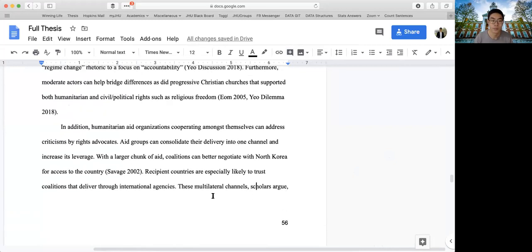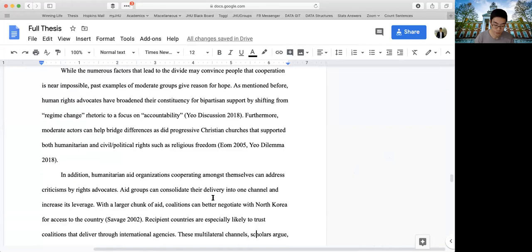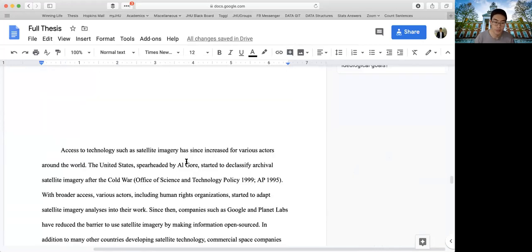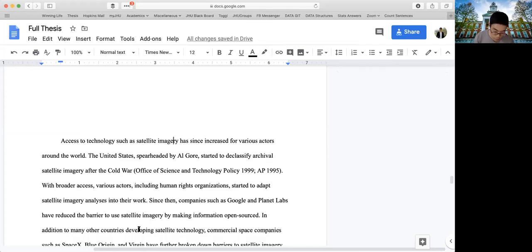Now, I'm going to change the second part of this chapter. Access to technology such as satellite imagery has since increased the access for various actors. Okay. So what I'm changing is really the